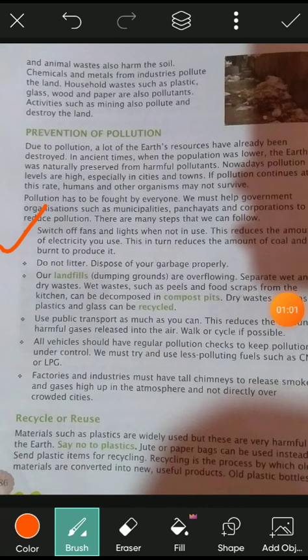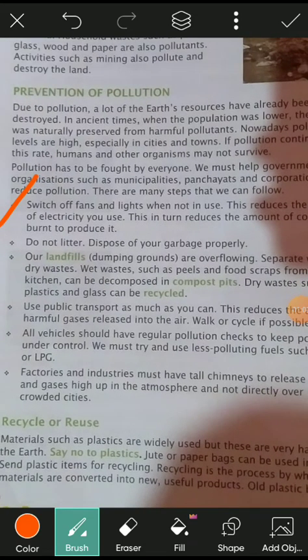that pollutes the air. So the next is, do not litter, dispose of your garbage properly. That means substances that we throw in open spaces, like bottles and plastics, that we do not litter. Okay, so we have to decompose our garbage in a proper area. Then the